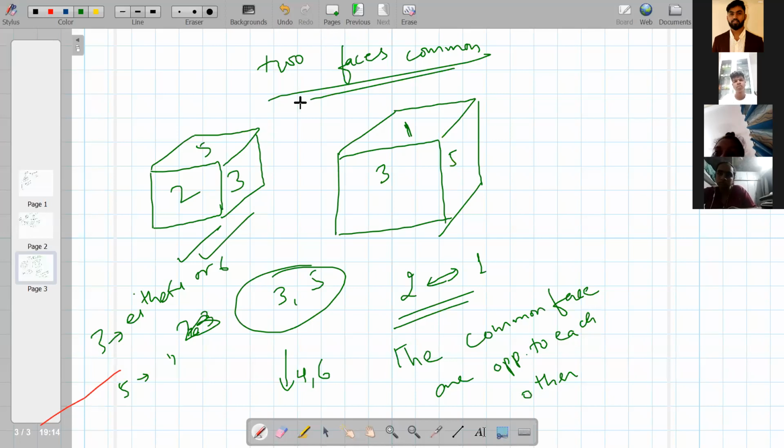Done. There is something you must know: if you are getting a question like this, given 2 dice, you will not get a question based on just 2 dice. You may have 3 dice, or 4 dice. In that case, you can easily identify and be definite about which sides are opposite to each other. So maybe you can take 3 dice or 4 dice, and you can come to a certain conclusion.